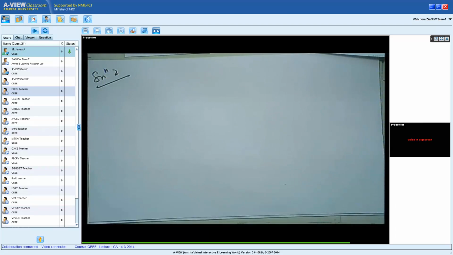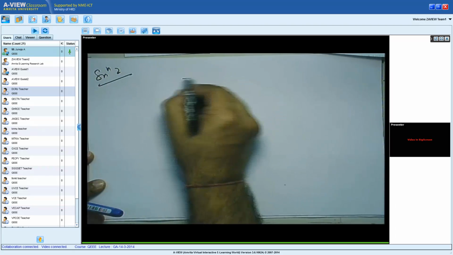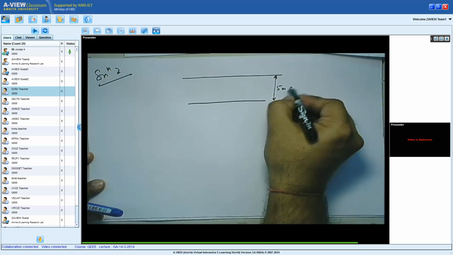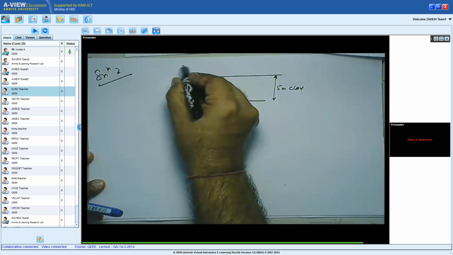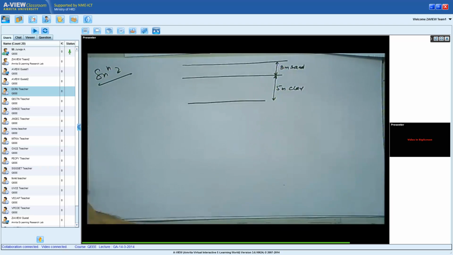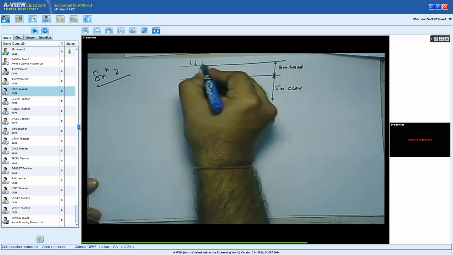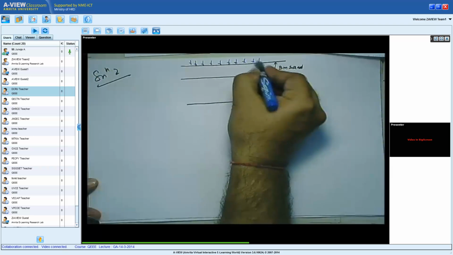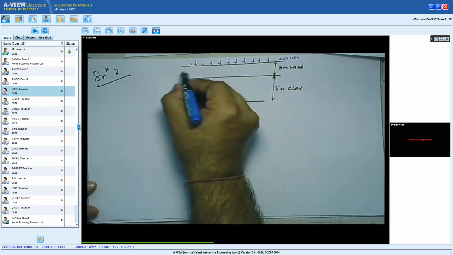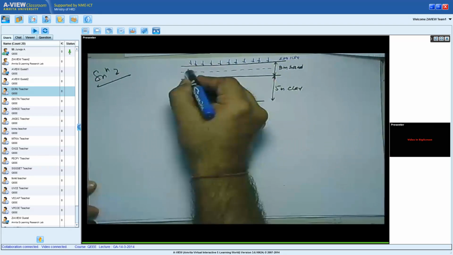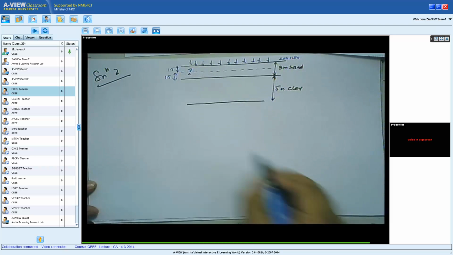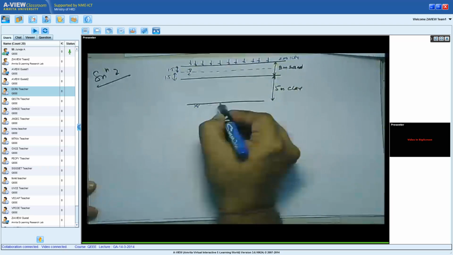Let me draw the figure first, it makes our life much easier. This is my clay layer and it says it's 5 meter thick clay. Above this is a 3 meter thick sand. On the surface we have 200 kPa of load. And the groundwater table is somewhere here. It's in the middle of the sand, so it's 1.5 here, 1.5 here. That is the problem. And at the bottom you have an impermeable layer.